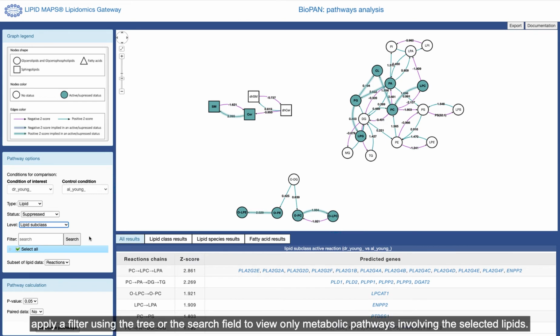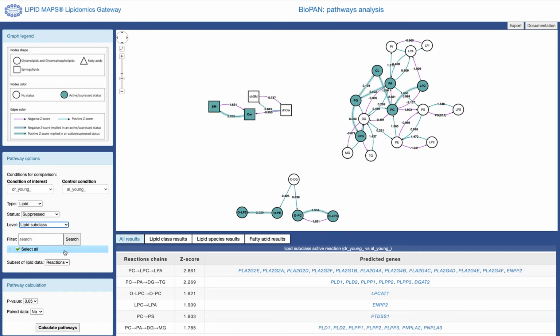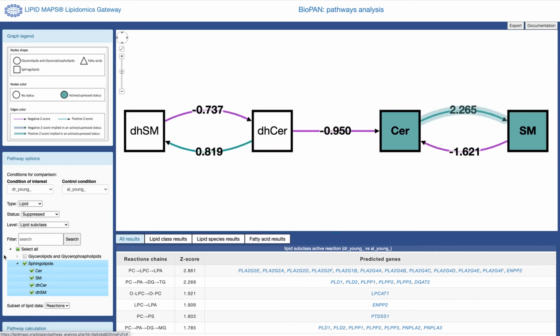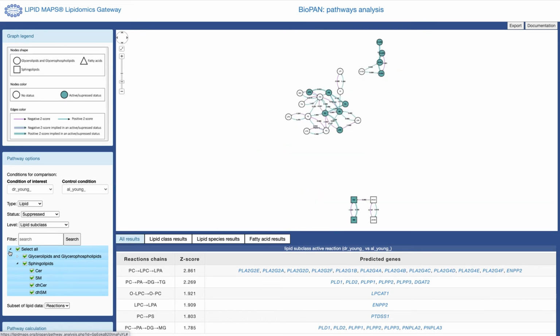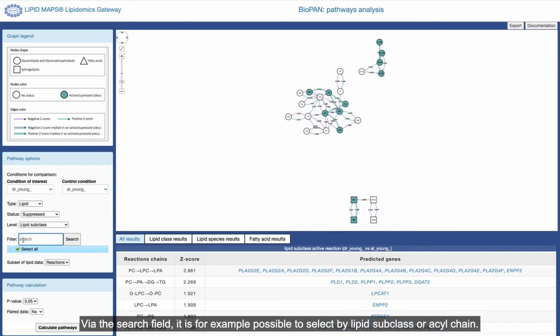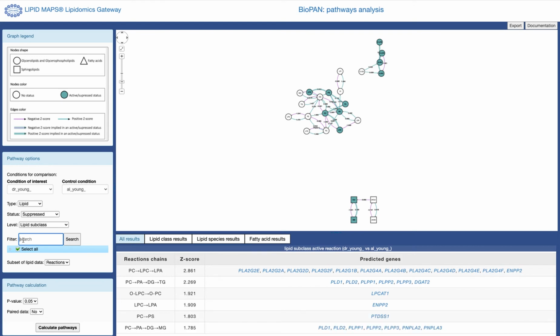Apply a filter using the tree or the search field to view only metabolic pathways involving the selected lipids. Via the search field, it is for example possible to select by lipid subclass or a cell chain.